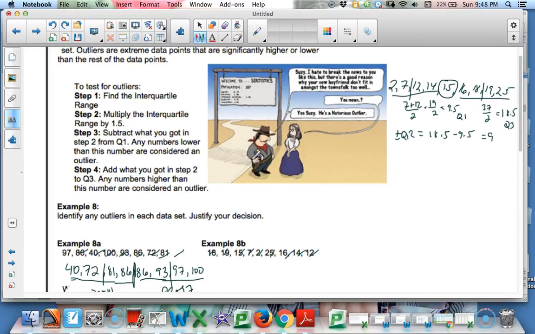Okay? Now, step 2, multiply. I'm going to multiply my IQR times 1.5. And that is going to be 13.5, or 13 5/10, however you want to say that. Step 3, I'm going to subtract this. I'm creating my fences. So I am going to take this Q1 and I'm going to subtract 13.5 from it. Sorry, 9.5 then,